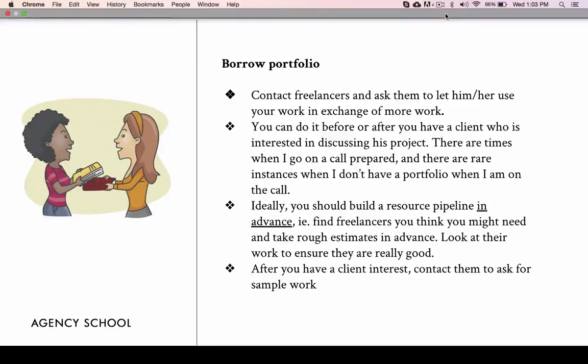So the idea here is that you have to have your network of freelancers, not companies, ready in advance, irrespective of whether or not you have a project. You should know that you have photographers, graphic designers, copywriters, whatever you might need, in advance. The moment you have a client, you can talk with confidence, because we have seen their work, that we can do